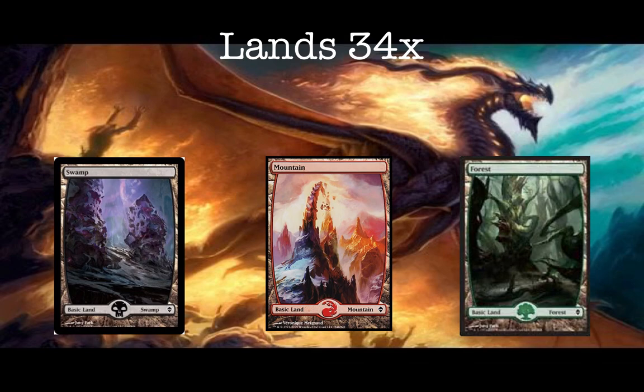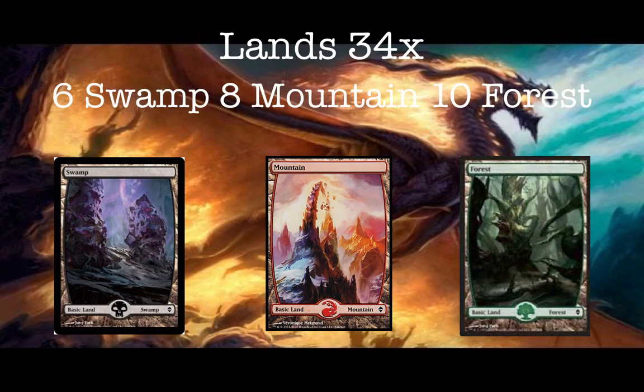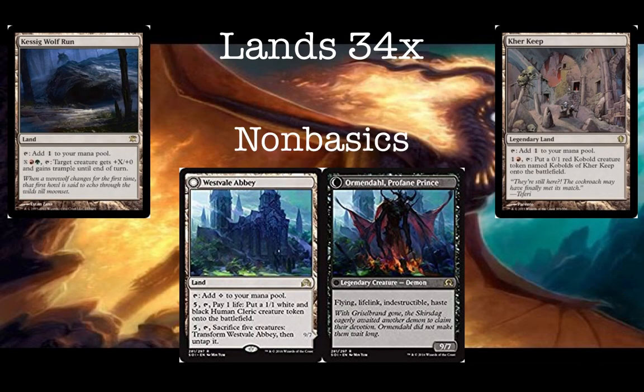So in this deck, we're running basic lands: 6 Swamps, 8 Mountains, 10 Forests. We're only running 34 lands in this deck. That seemed like a good number. And then we're running some non-basics. The only ones we really want to talk about here are Kessig Wolf Run,